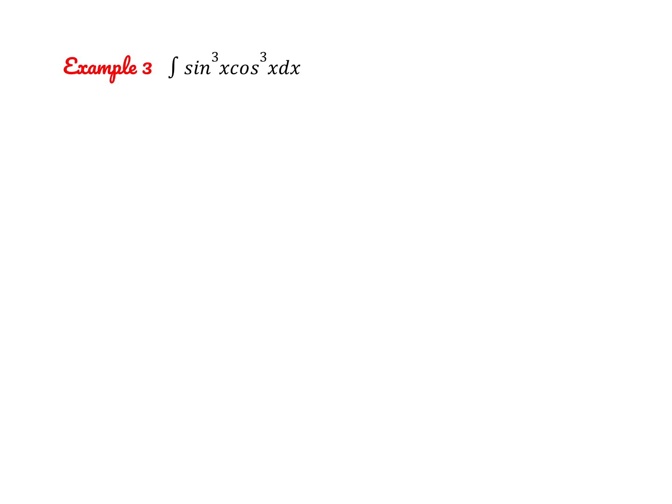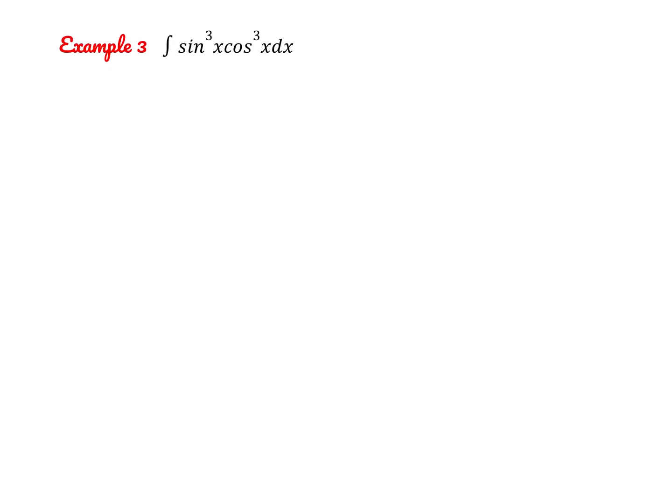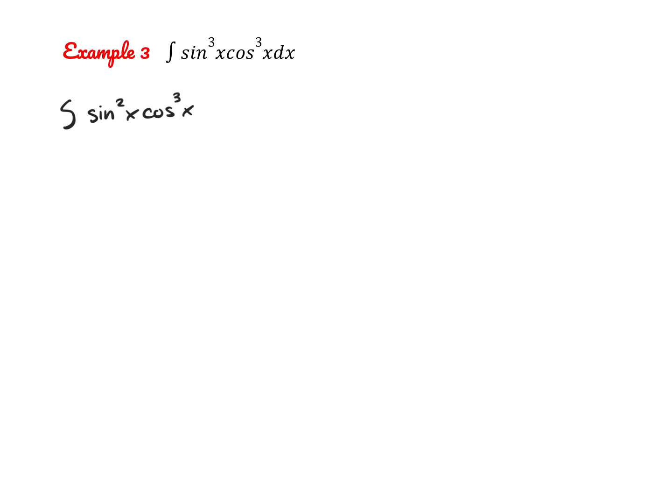All right, so here's a case where we have 2 odd powers. So for this one, you can use either strategy. We're actually going to try it with both. So let's say first I want to set aside a power of sine. So I have sine squared of x, cosine cubed of x, and then I have